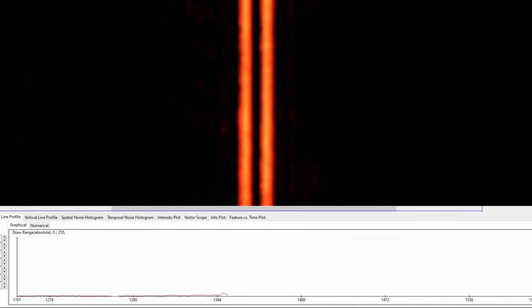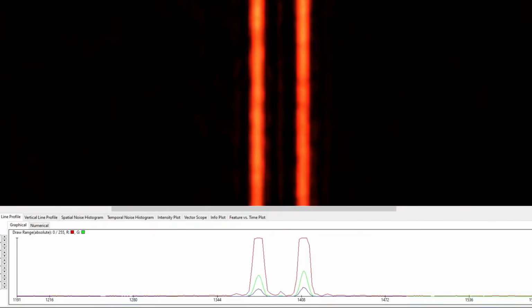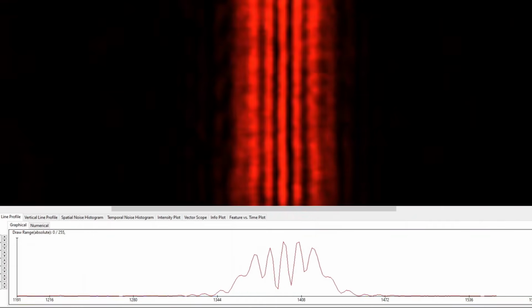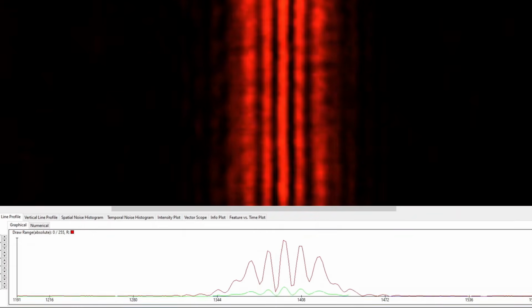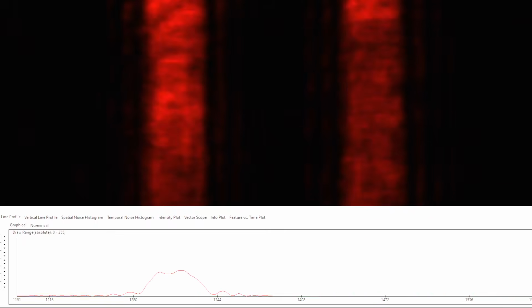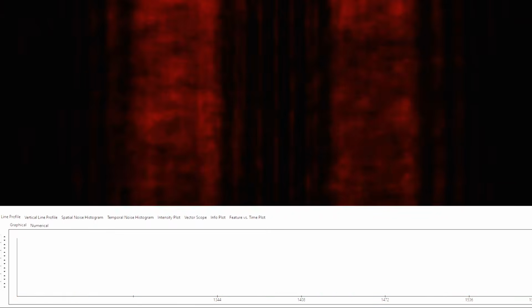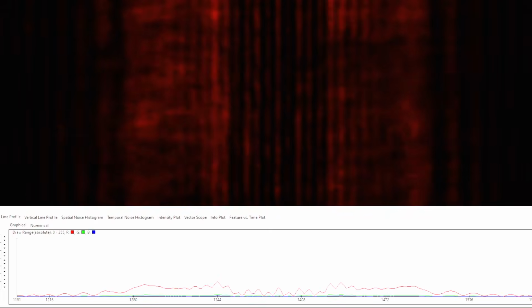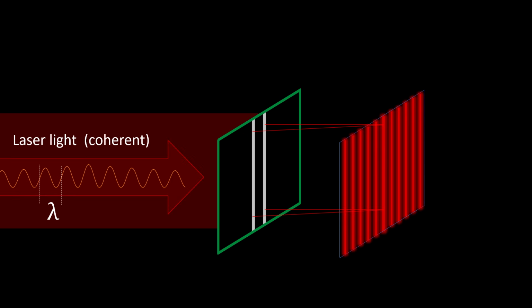Now, if we place the slits further apart, we observe that the interference pattern that appears behind the slits becomes denser. And so the maxima and minima are spaced closer together. In other words, the interference has a higher spatial frequency. Here I've schematically drawn the configuration. This is the mask containing the slits with the coherent light source behind it,